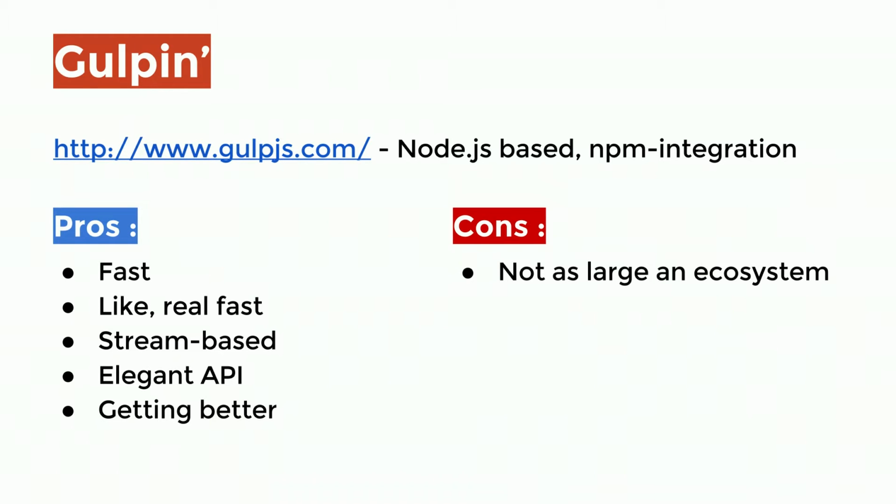It's fast, like really, really freaking fast. It's a streaming task manager, so everything's piped in and handled in streams, and it's not like rerunning your entire build every single time. It's code over config, so as developers, you should kind of like that. You're not creating JSON files; you're actually writing code to manage these things. It's elegant. I like it.